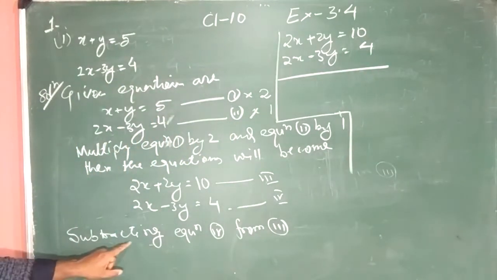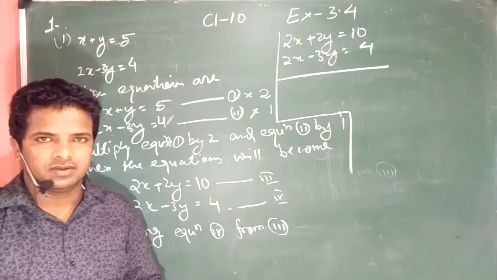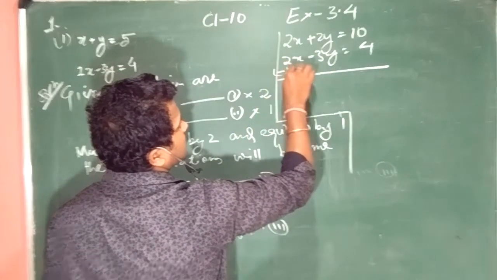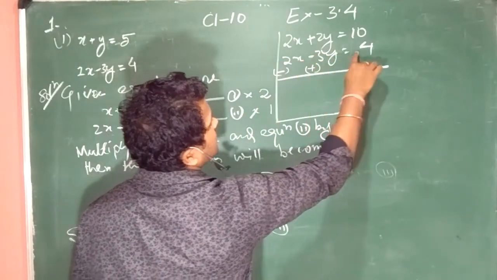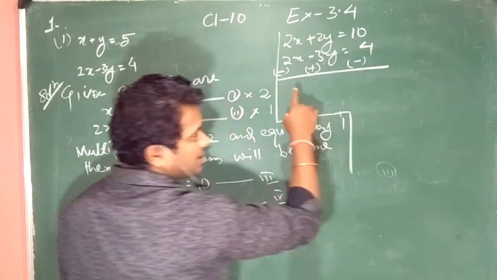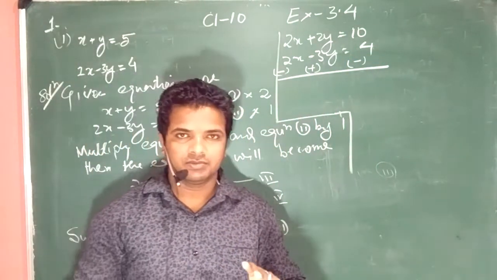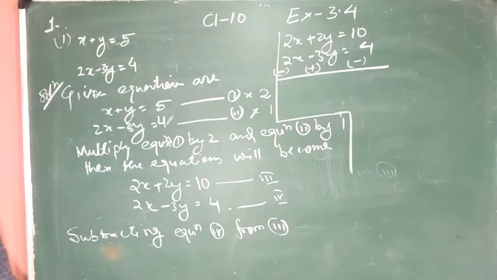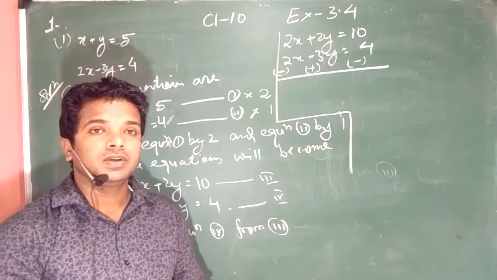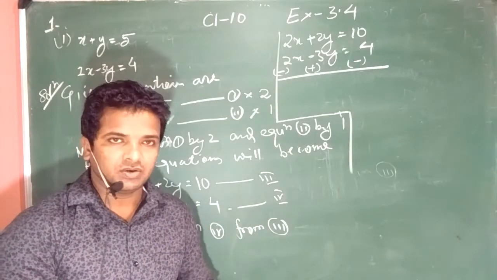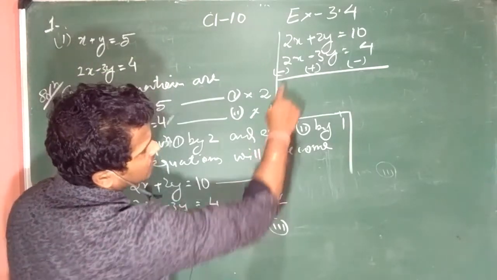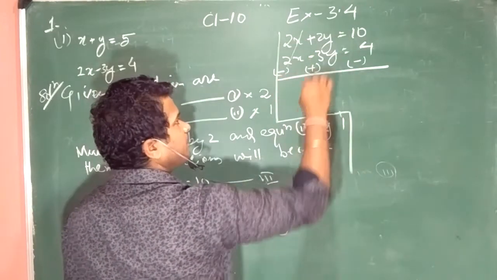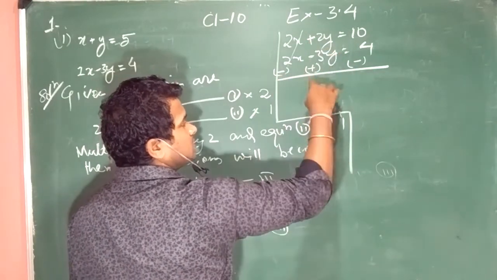Since we wrote subtracting here, we need to change the sign to the opposite. So here plus becomes minus, here minus becomes plus, here plus becomes minus. This method you know from chapter 2, I hope, isn't it? In chapter 2, polynomials, when we did division, we used to write the opposite sign of the base. This 2x is cancelled because plus into minus is minus, 2 minus 2 is gone. Here plus, so plus plus, simply plus.